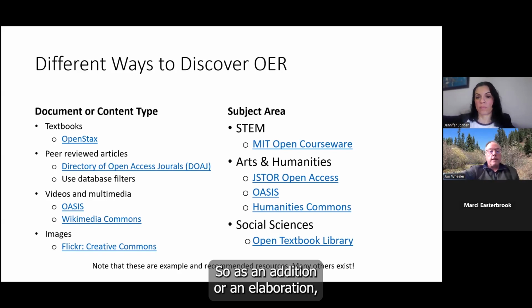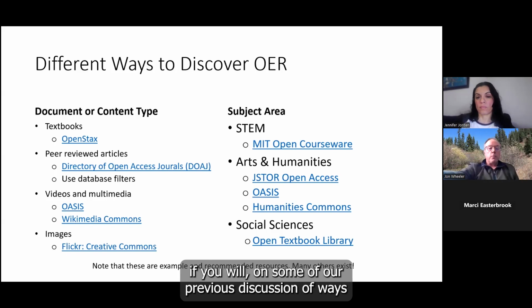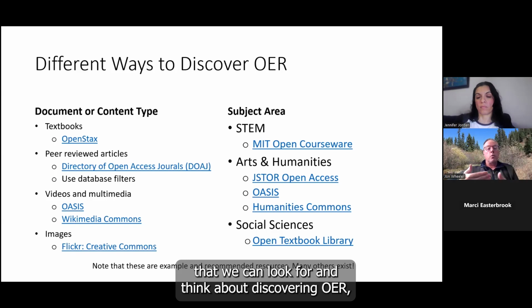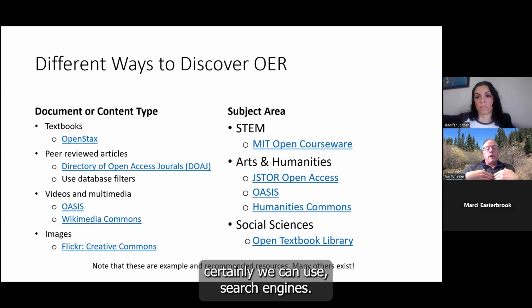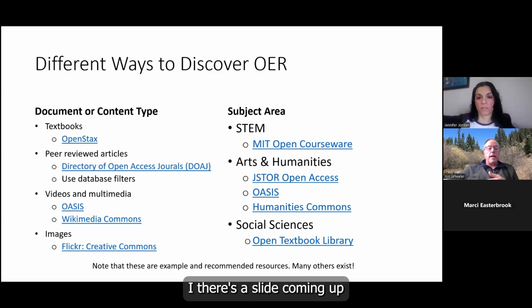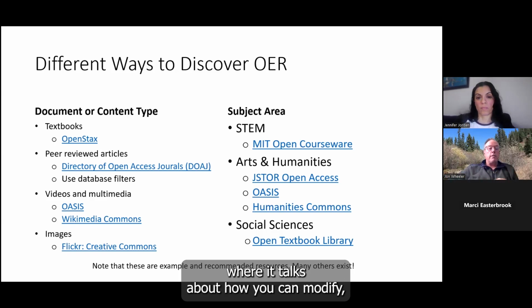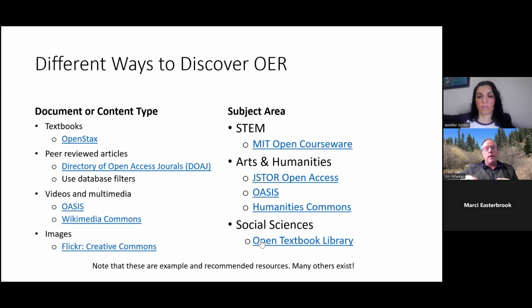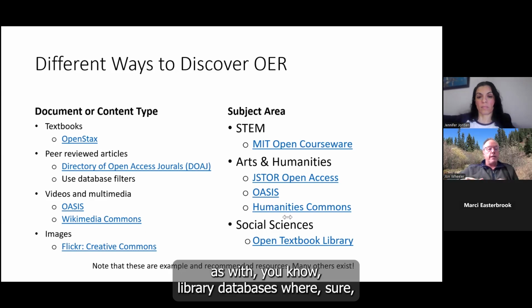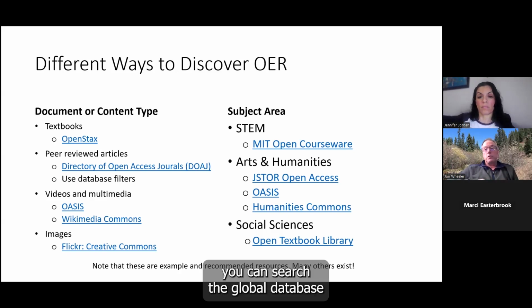So, as an addition or an elaboration, if you will, on some of our previous discussion of ways that we can look for and think about discovering OER, certainly we can use search engines. There's a slide coming up where it talks about how you can modify Google's advanced search to hone in on open materials. But as with library databases, where sure you can search the global database of everything that's out there,